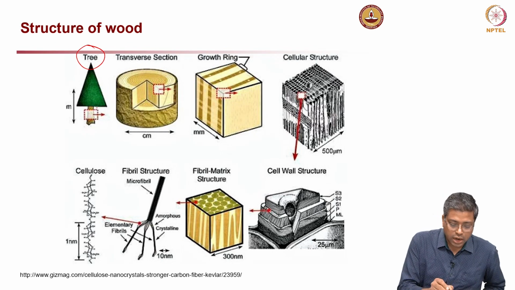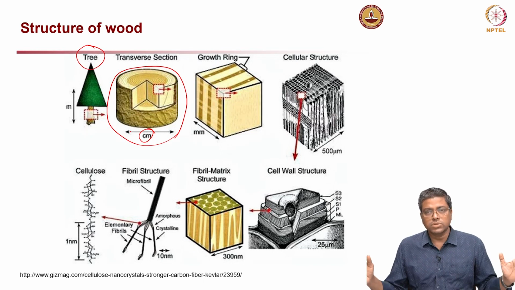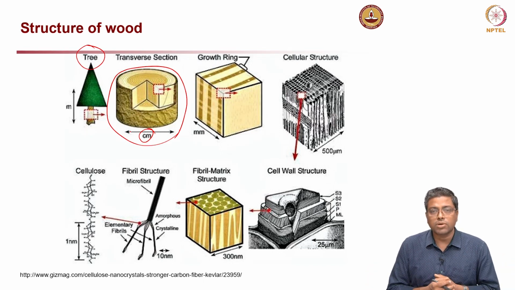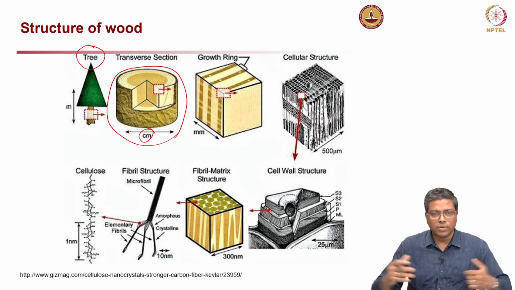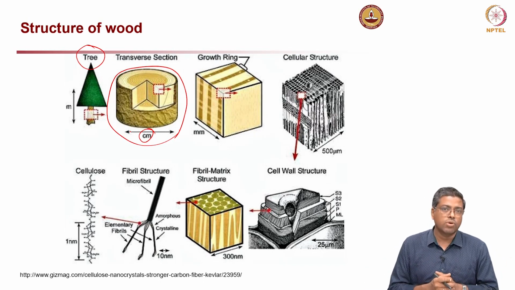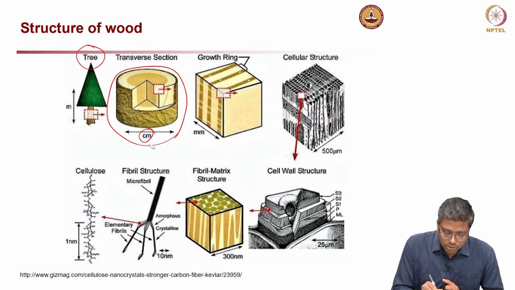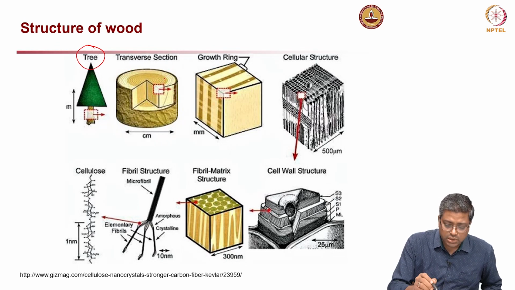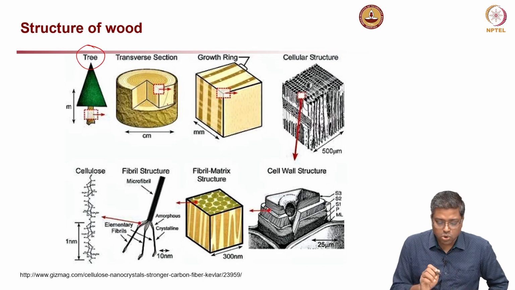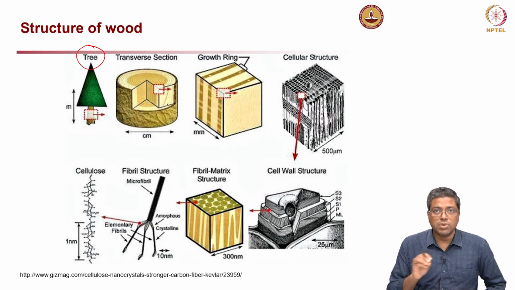You cut a stem of a tree, like this. If you cut it like that, what you will see is in the range of centimeters, a few centimeters, depending on what you are cutting, 10 centimeters, or if it is a very large tree, might be even going into meters. Anyway, you take a stem, and then you can look at these red squares or rectangles shown on each of these images, which indicate the next image which is zoomed in.